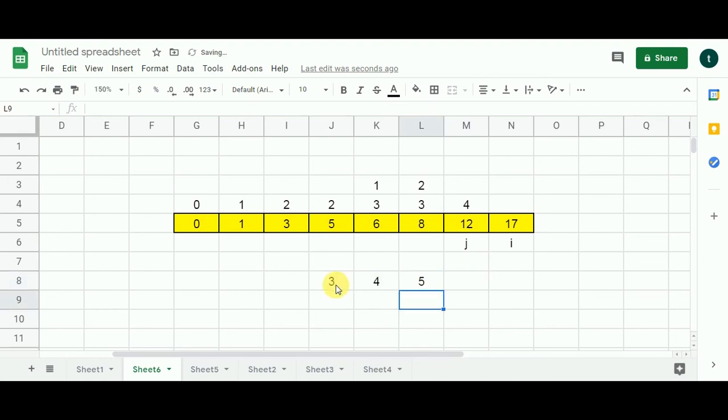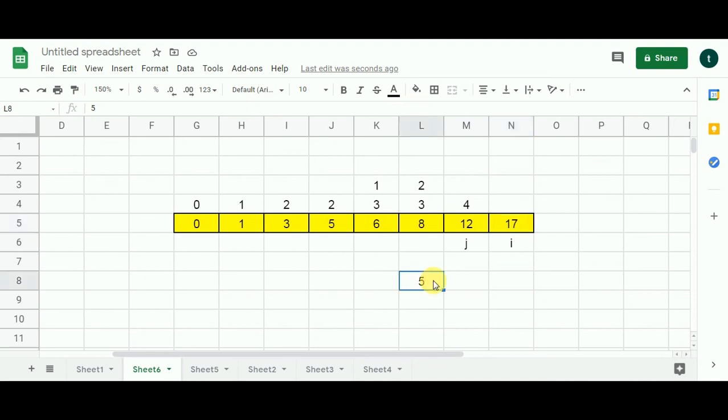Let's consider the first possibility. So 3 plus 12 is going to give me 15. It is less than 17. Frog is not able to reach with this possibility, ruled out. Then I have 4. 4 plus 12 is going to give me 16. So the frog cannot reach 17 using this particular possibility, ruled out. Now I have the last possibility, 5. 5 plus 12 is going to give me 17. And this specifies that the frog can reach the last stone.